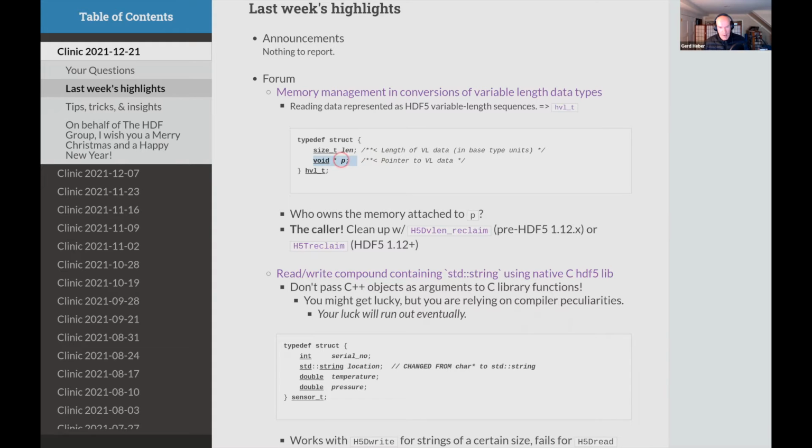But then the question is, once the library returns to me an array of these hvl_t type things, who owns that memory? Am I, as the caller, the owner, which means that I am responsible for freeing and deallocating that memory, or does the library do that for me?